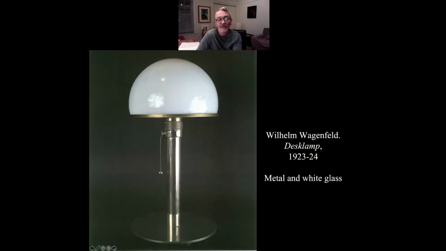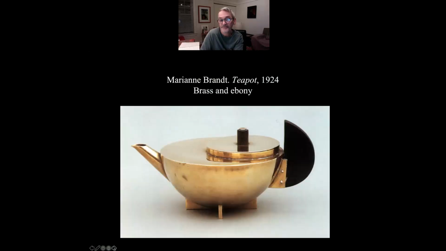Okay, Wilhelm Wagenfeld, a Bauhaus designer, metal and white glass. So one of the goals of the Bauhaus was to have the students design industrial products. And the idea was that this would in part help pay for what they wanted to do. They wanted to have the students design lamps, wall coverings, textiles, teapots,